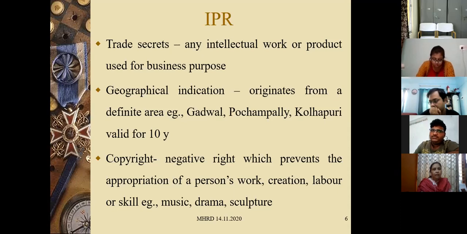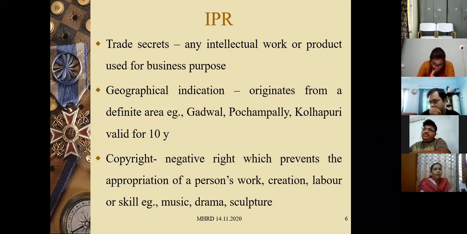And geographical indication. Now this GI is also emerging as one more IPR aspect. See, you know of Kolhapuri chappal or Pochampalli saris, Kanjivaram saris, Gadwal saris. Like that, we have typical ones, even petha, the Agra petha, or some of them, they are very specific to, they have emerged from a specific region. So the geographical indication originates from a definite area. So example, these, and when you apply for a GI, that will be valid for 10 years and they need to keep